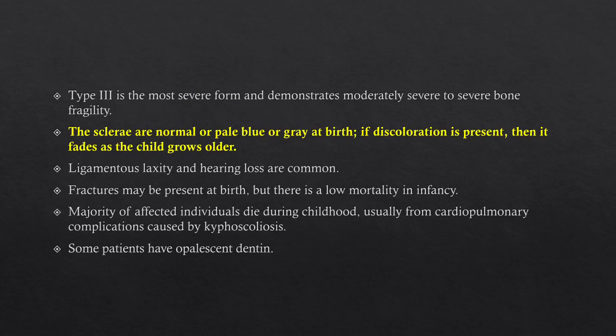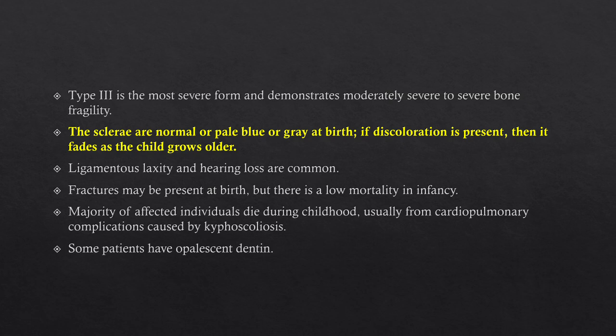So type 3 again is a severe form, but it's less severe when compared to type 2 forms. The sclera is not blue here, it's maybe pale blue or grey at birth, and if discoloration is present, it's only present at a very young age and then fades. Ligament laxity is there, hearing loss is common, fractures are present at birth, and there is a low mortality rate